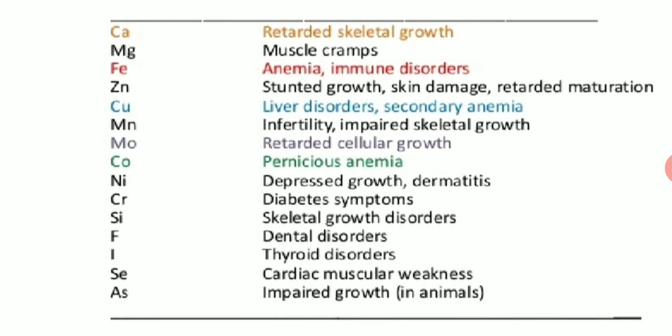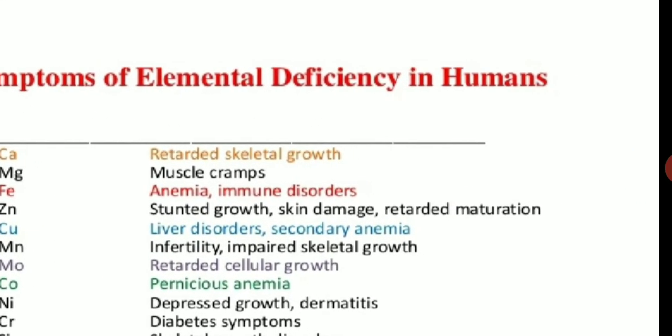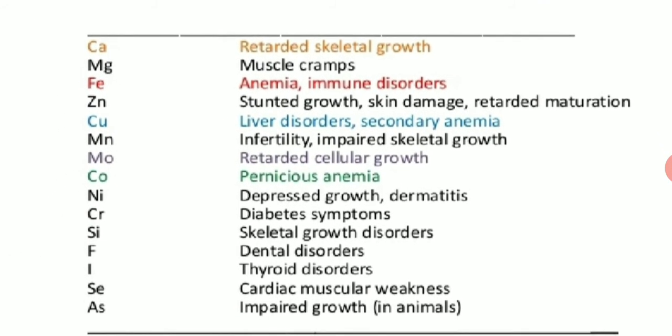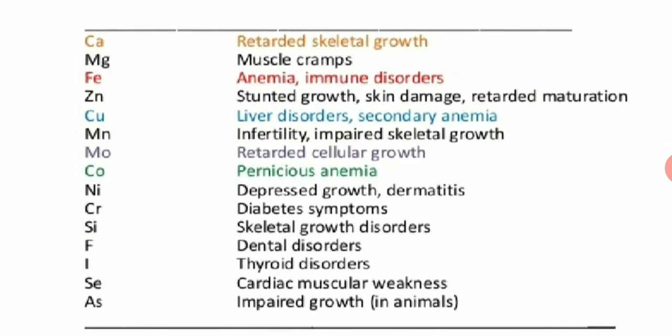Now in this slide I have shown the symptoms of elemental deficiency in humans. Calcium deficiency results in retarded skeletal growth. Magnesium deficiency, muscle cramps. Iron deficiency, anemia, immune disorders. Zinc deficiency, stunted growth, skin damage, and retarded maturation. Copper deficiency, liver disorders and secondary anemia. Manganese, Mn, deficiency,